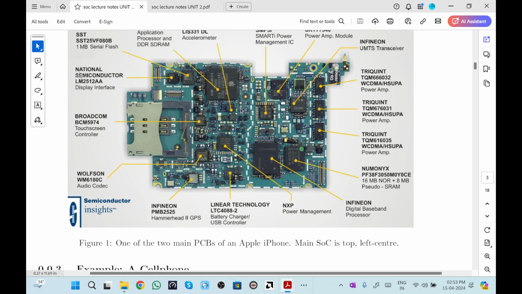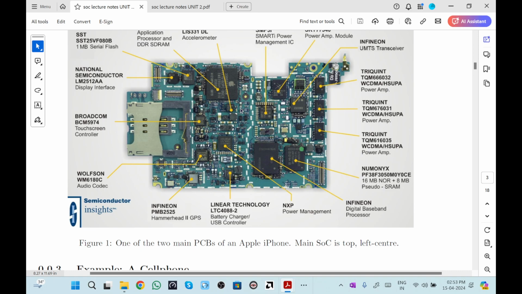This is a different IC for the display. Sometimes our display vanishes, and in that case we replace this display interface IC in order to get the correct display.